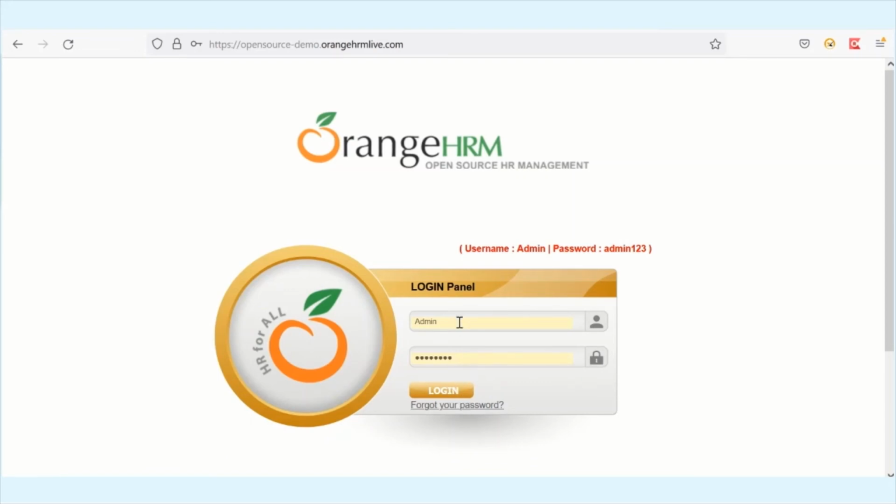When the tool has to do these actions, first the tool has to understand that this is an edit box where it has to enter the username, and this is an edit box where it has to enter the password, and that this is a login button on which it has to do a click operation. When I talk about this being an edit box and this being a login button, these are all the web elements or web objects. So this is what a web object means.